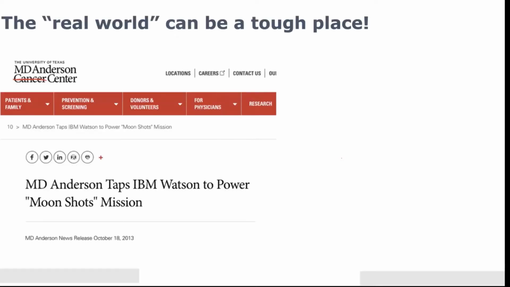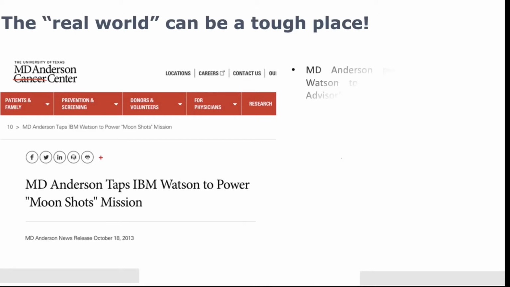But ultimately, even if you built a model that you feel is doing a great job, if it doesn't address a need, it's not going to be worth anything. As it says here, the real world could be a tough place. So this was the MD Anderson IBM Watson experiment that I'm sure most of you have heard about, that was in the news a few years back.